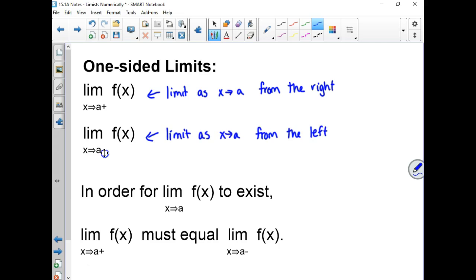So, in order for the limit as x approaches a to exist, just for the limit from both sides to exist, the limit from the left and the limit from the right have to be the same. Okay? So let me just give you